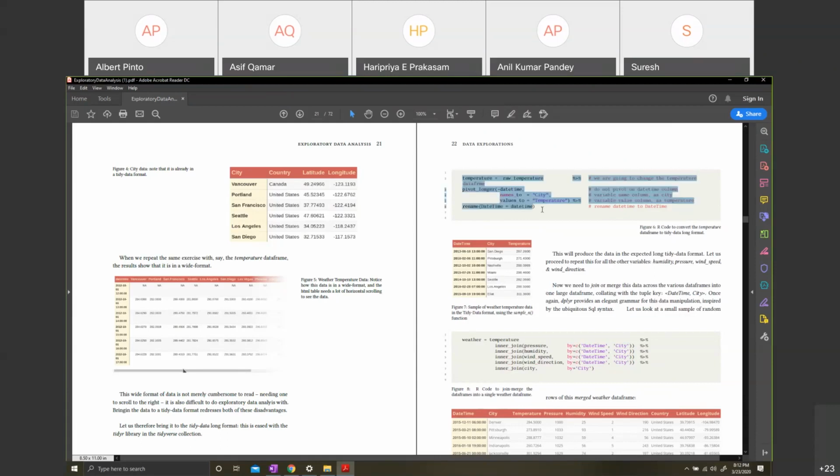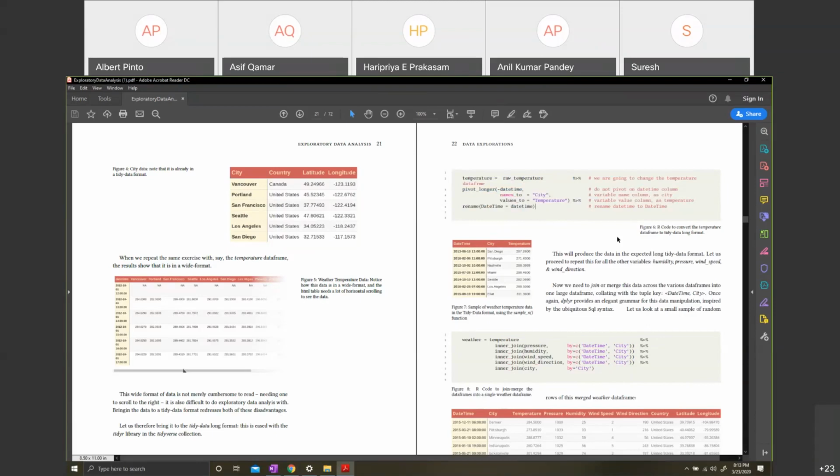What we did with temperature, we can do the same thing with all the other attributes or features, like pressure, humidity, wind speed, wind direction. So we will end up with all sorts of different CSV files, all of them in the tidy data format.